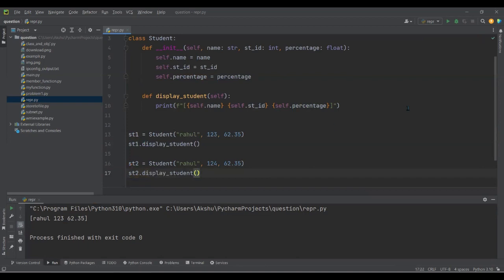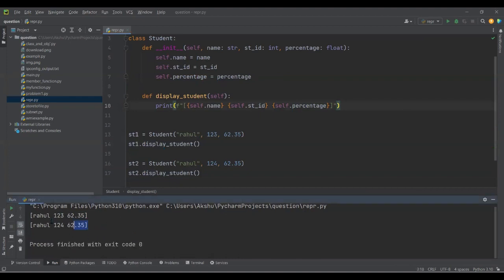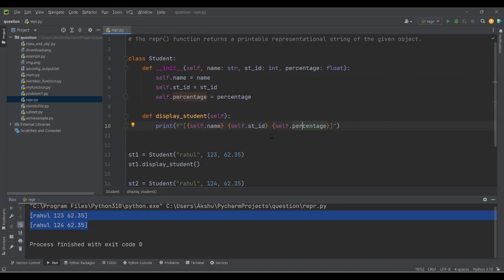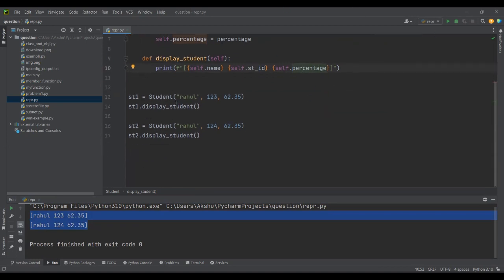Display students. So when I run the program, I'll get the details for two objects, right? Both objects. But what if I have multiple objects? In that case, I have to call the same function again and again, right? So instead of calling the function, what if I print the object? If I just say print st1,